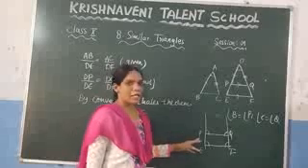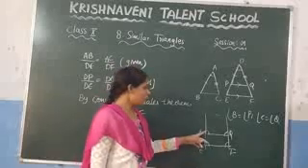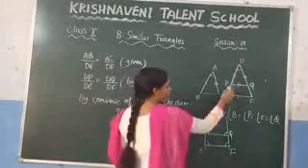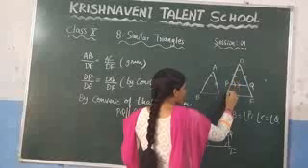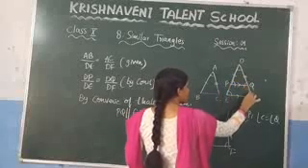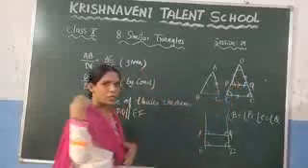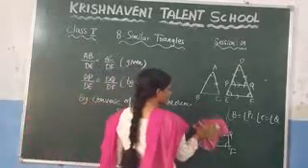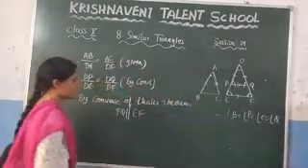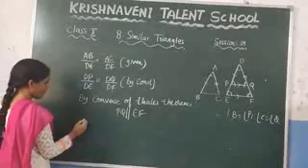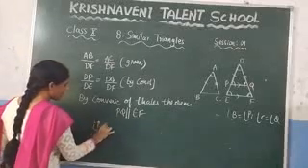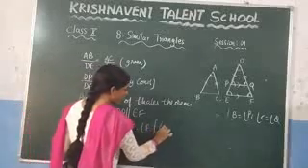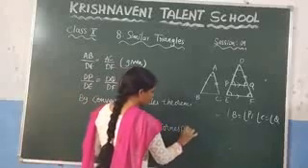And you know that by the corresponding angles axiom, the corresponding angles are equal. So here, what are the corresponding angles? Since PQ is parallel to EF, this angle and this angle are equal, and similarly these two angles are equal. Why? Because the corresponding angles are equal. So write it here. Therefore, angle P is equal to angle E, angle Q is equal to angle F. Why? Because here the corresponding angles are equal.